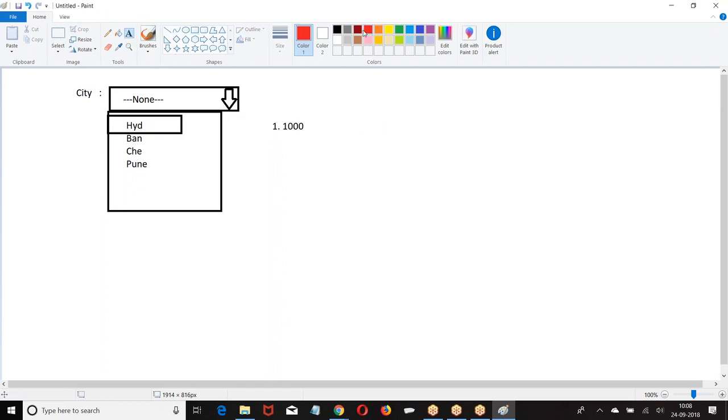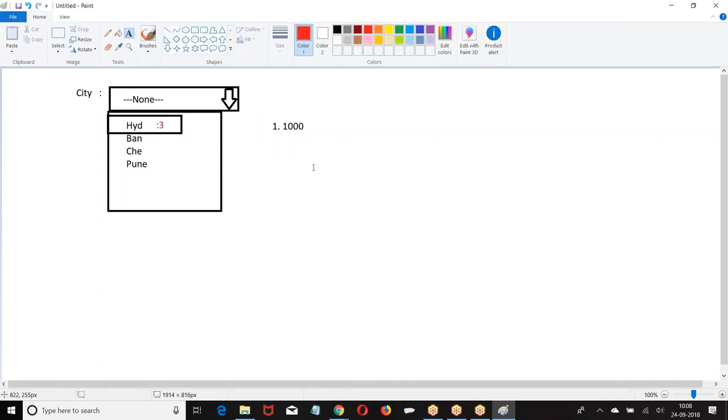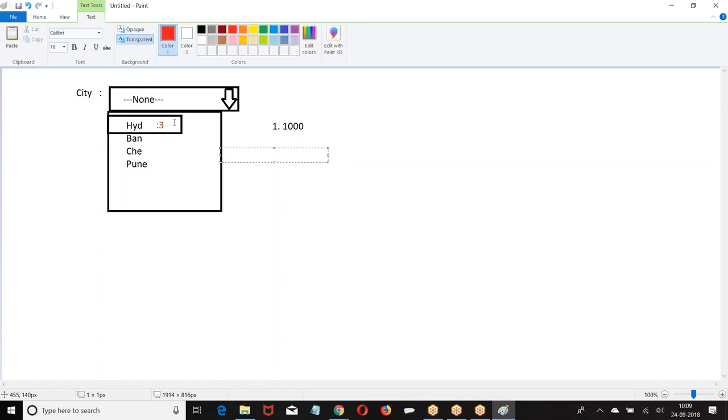Now, what is the maximum length of each option? Here I give my length as 3. What is the maximum length? Maximum length is 255.